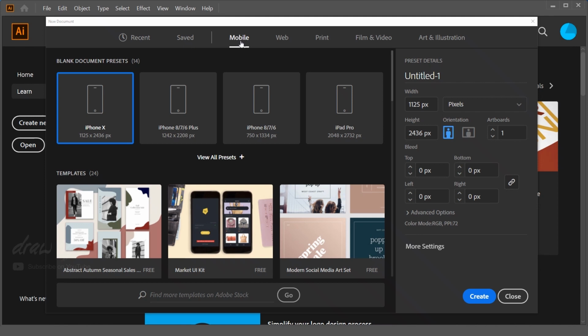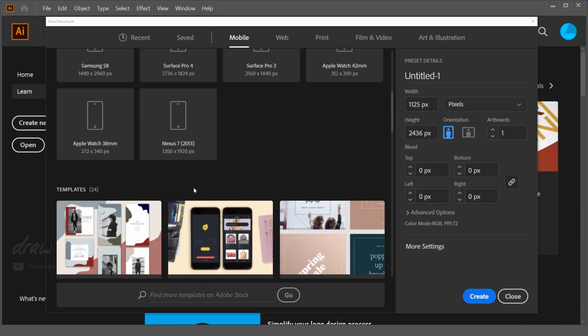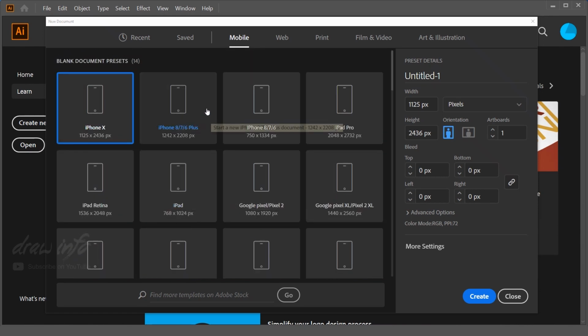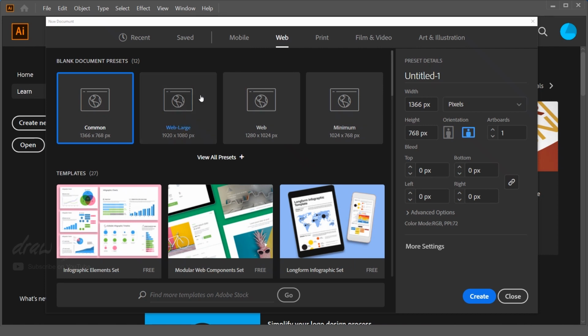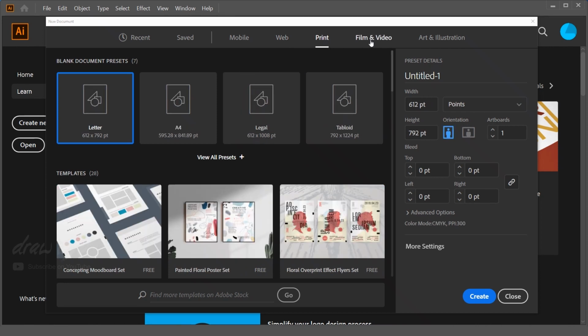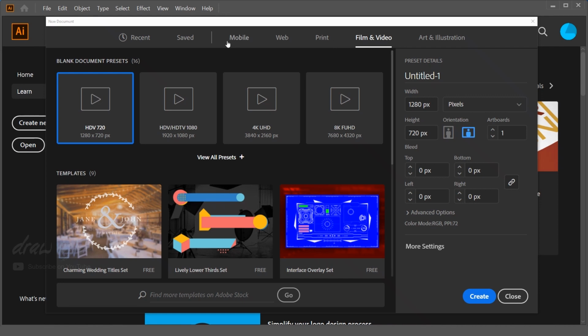And if you see, this is the mobile, where predefined resolutions or artboard sizes are grouped over here. So if you want to create some UI for an iPhone or Android phone, you can go directly and see there are a couple more options over here. You can click over here and take the template for that. Then this is for web, so these are all the web templates over here, and this is print, and this one is film. So through this tab you can take any kind of predefined template and artboard size.